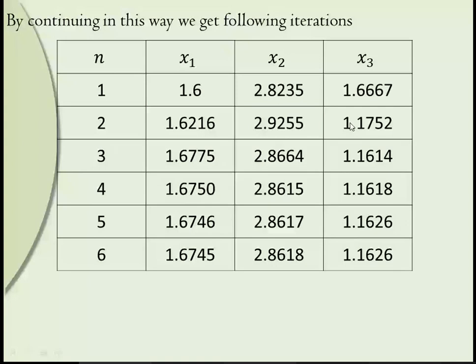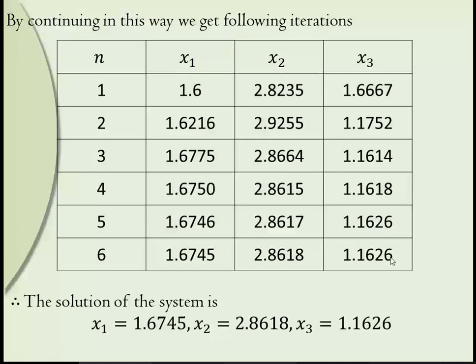Put these values again into the right hand side, get the new values. That will be the fourth iteration. Like that, continue it until the corresponding values get matched. Okay, these two are matching up to 2 digits. So we'll do one more iteration: 674, 674, 861, 861, 162, 162. So they are matching up to 3 decimal places. So this last iteration will be the answer.